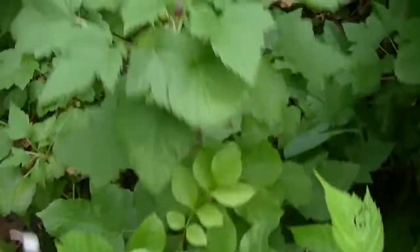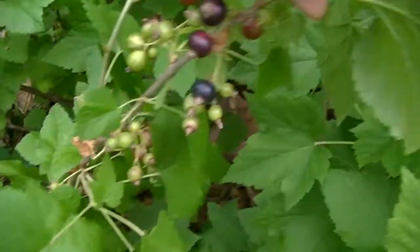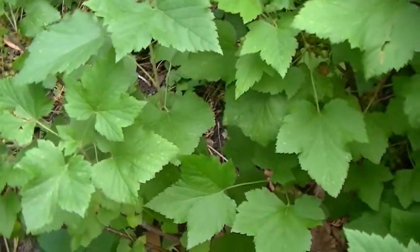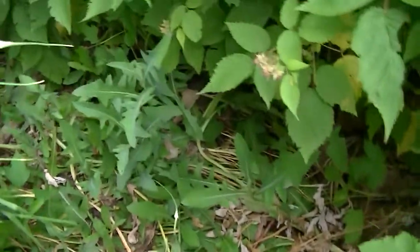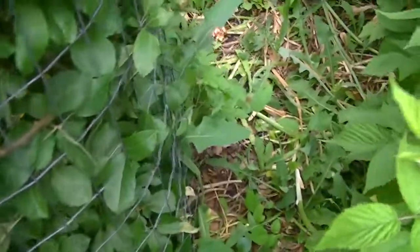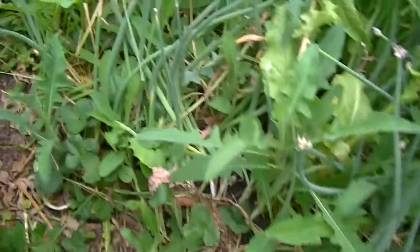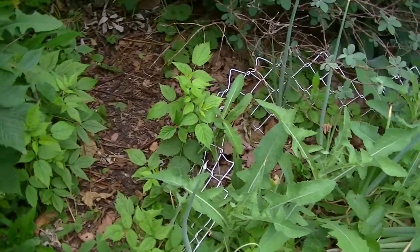It's getting there, but it's not there yet. So we have a lot on the... and that black one is ripe, and it tends to smell and taste like unripe mango, and I kind of like it with that taste. But yeah, oh, and in June we harvested strawberries as well, but we could still have some in the